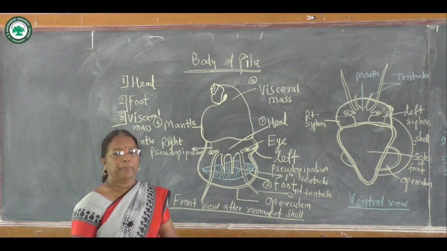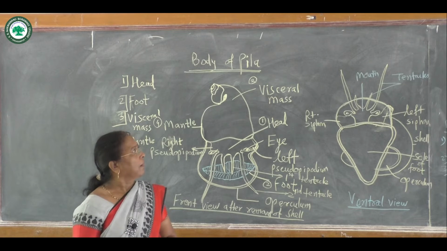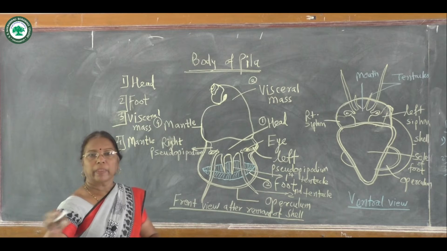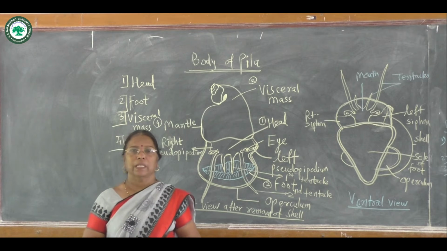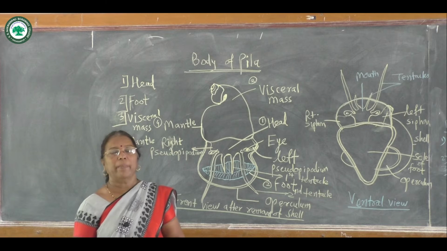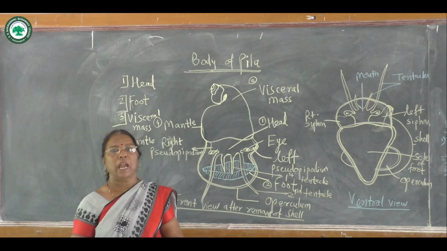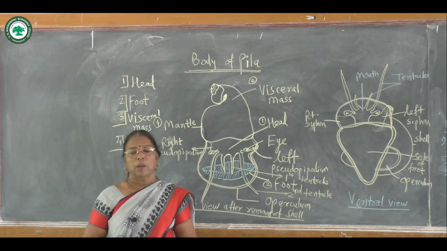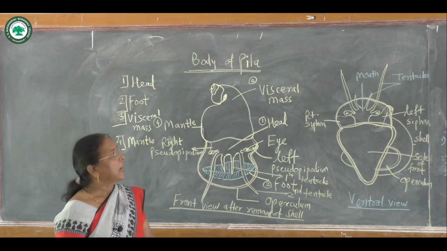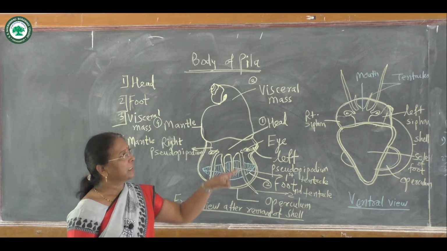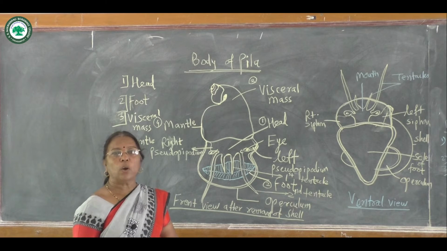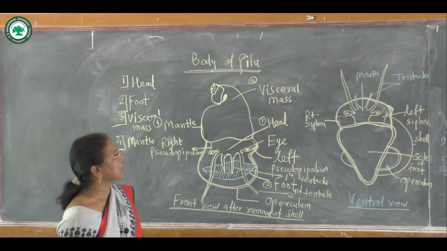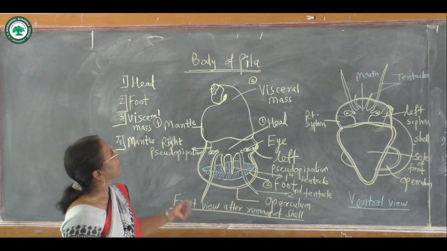We will continue Phylum Globosa after the shell topic. In the first lecture we have seen classification, habit, habitat, external characters and shell structure. In this lecture we will see the body of Pila after removal of the shell and the organs of the pallial complex, that is the internal organs, the visceral organs or visceral mass.